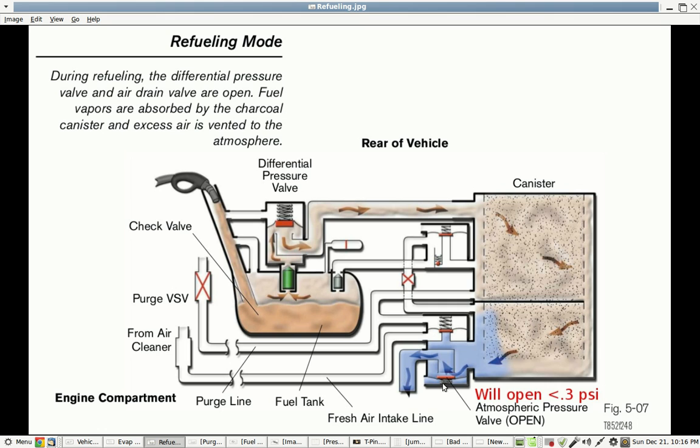So it's a real nice design. There is a little safety right here that will open to allow this pressure out. It's a little diaphragm, and if the pressure gets close to 0.3 psi, this valve will open. So around 0.3, a little before, it's going to open this valve, because if you had too much pressure, then